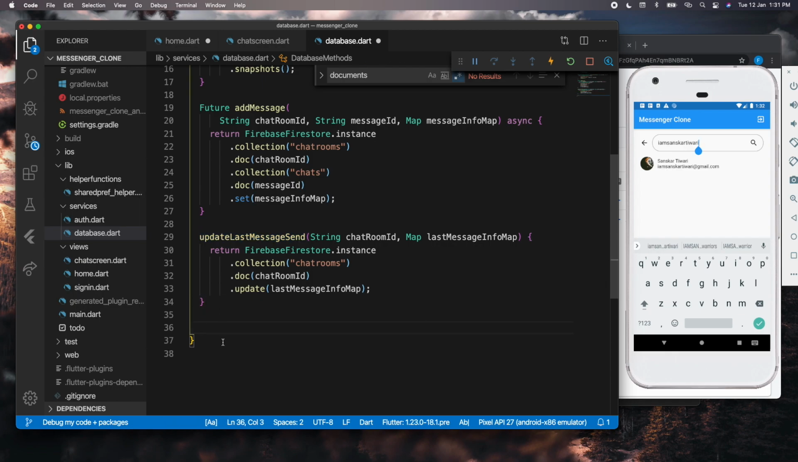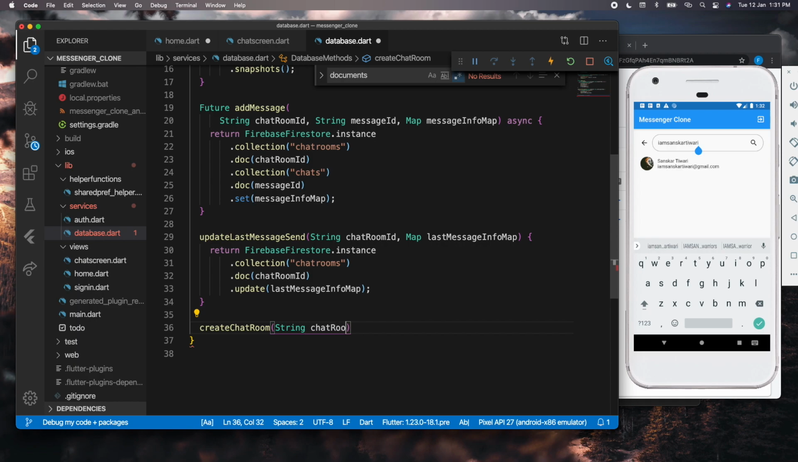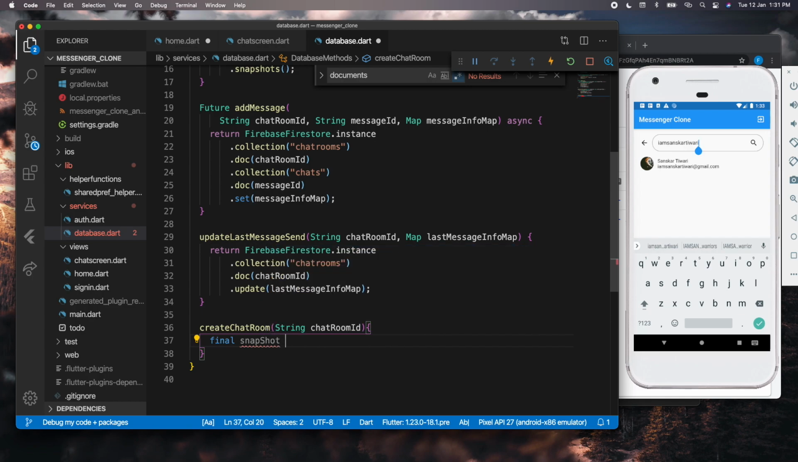We will name this function create chat room, and this function is going to accept chat room ID for sure, and we will figure out what else it accepts later on. But the first thing which we will do is say final snapshot. This is a snapshot I'm generating to check if we have that chat room already or not. So I'm checking if we already have a chat room with this ID or not. So how can we check that? I'll say await Firebase